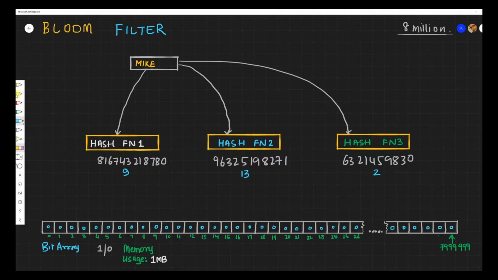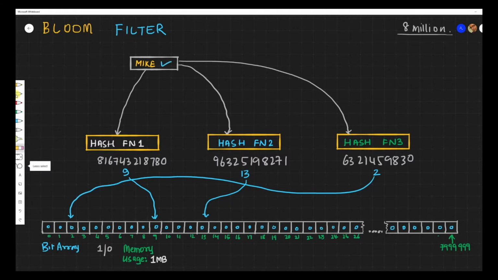So what it will do is this will go to the 9th index and check what is the value there. It will go to the 13th index and check what is the value there. And this guy will go straight to the 2nd index and check what is the value there, right? And all 3 of them see that the value is 0. So that means the mic is not over there. What it is going to do is insert mic. So mic is successful over here. Let's put a tick to mic, and we are going to update these 3 indexes to 1. It produced numbers 9, 13 and 2, and we have changed those indexes, right?